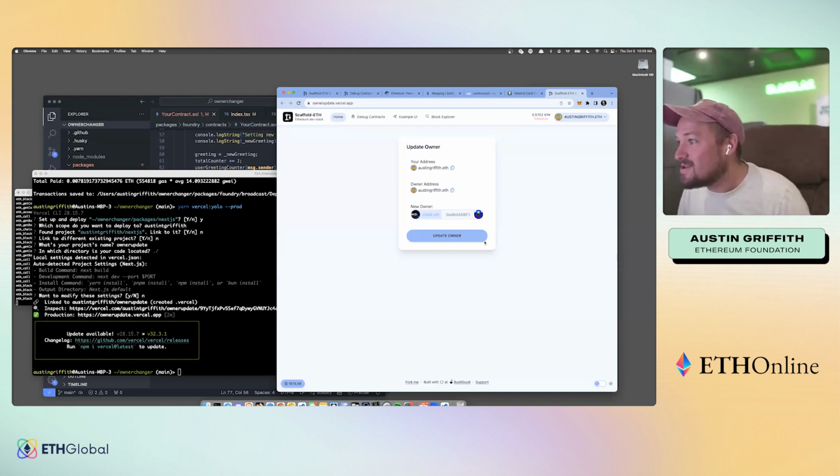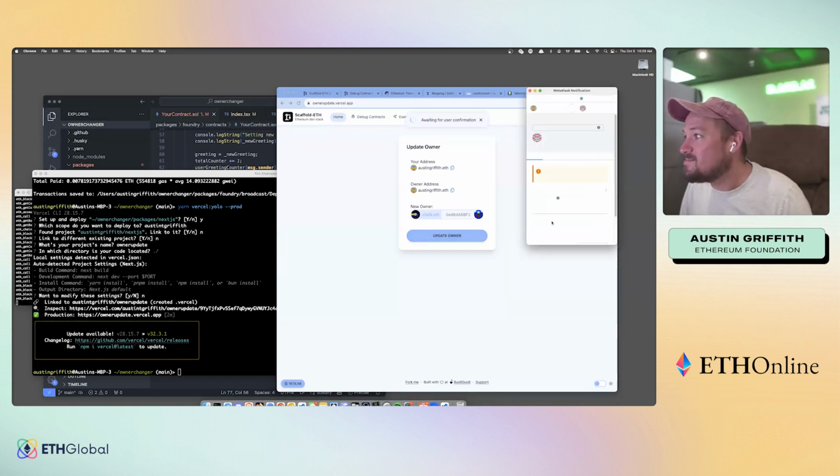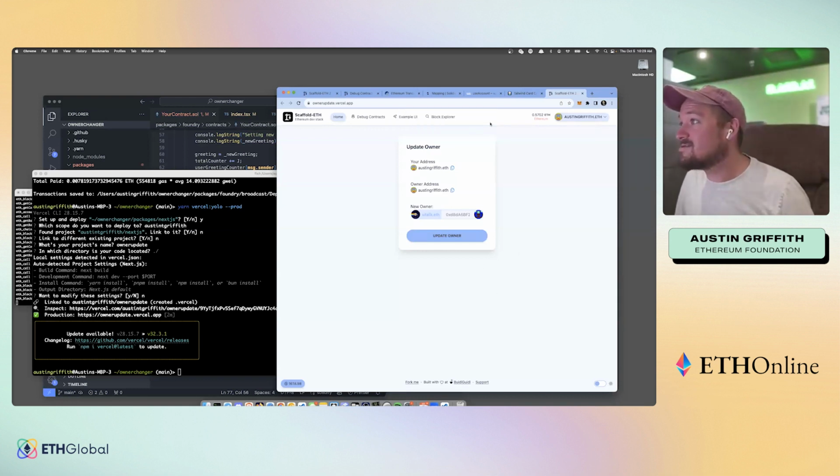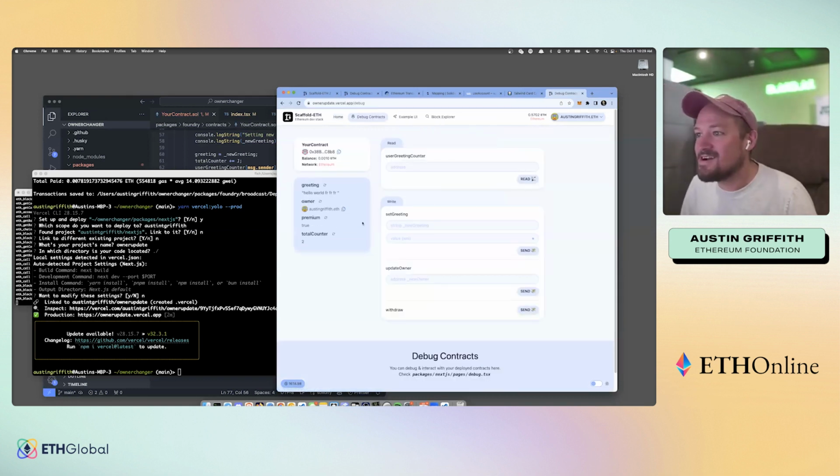And I'm quite confident that it's going to throw me a little pop-up to make Vitalik the owner, but I'm going to reject that because I want to go steal this money out of here, right? I want to rug the contract. There's $1.62. I'm going to pay more money than I am going to get out, but I want to prove